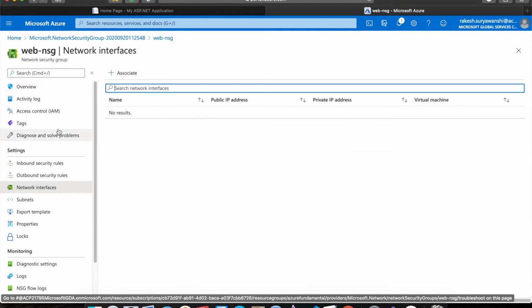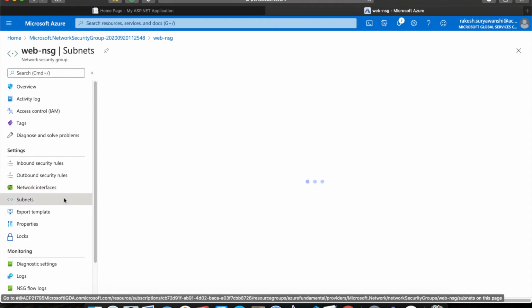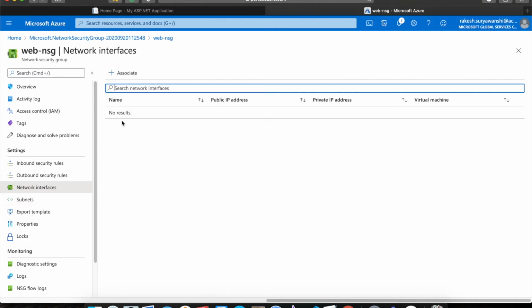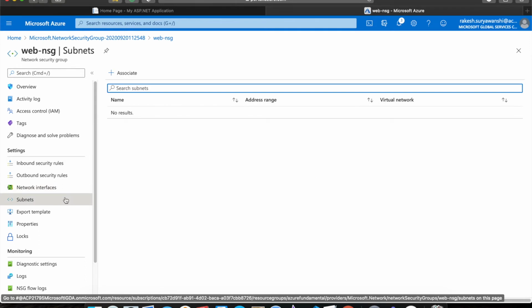Here you can see the NSG can be attached to either the NIC card. So if you want to attach NSG to a specific virtual machine, then you can attach this particular NIC to the virtual machine directly. Or if you want to attach the NSG onto the subnet, instead of targeting a specific resource, like a specific network interface card on a virtual machine, if you want to configure the NSG on the entire subnet, for example,